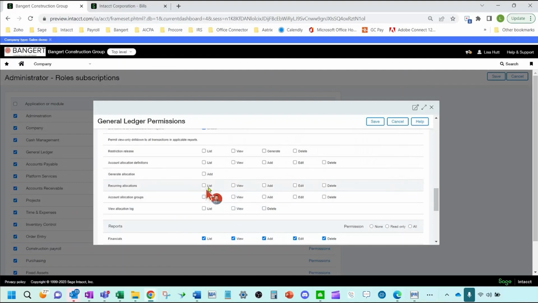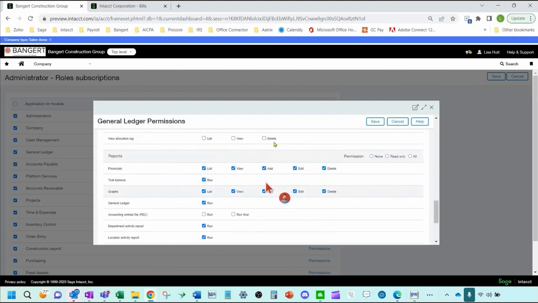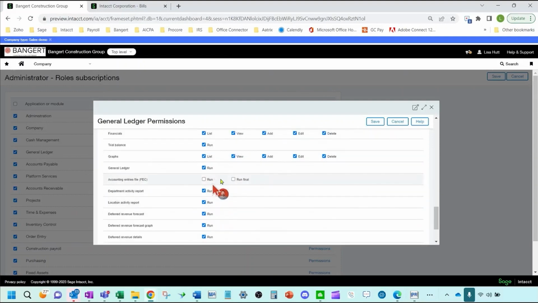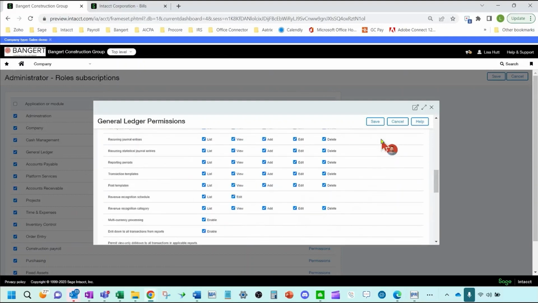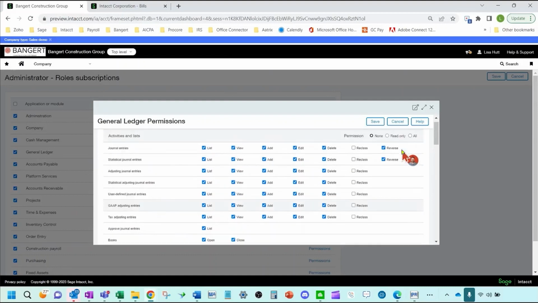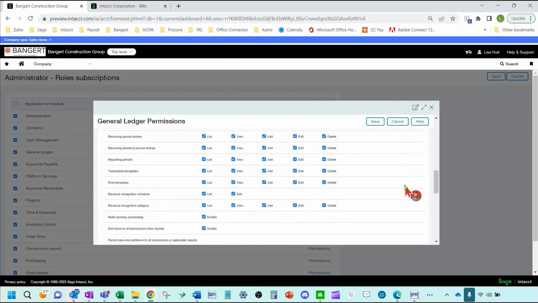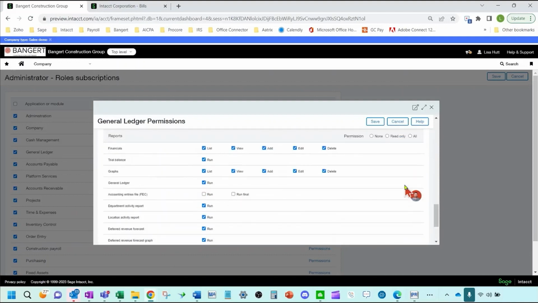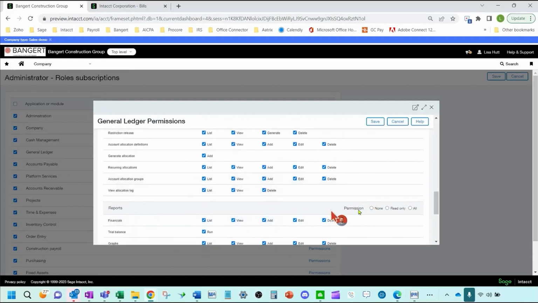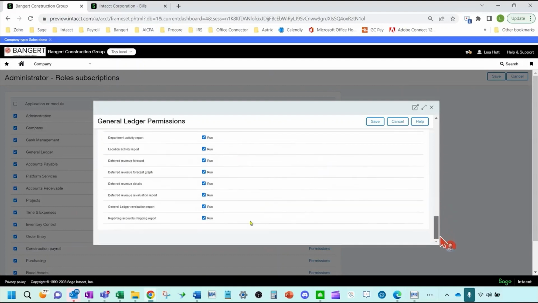And then you could determine if you want to add them individually, or just come up to the top here and do another all, and that'll add all the new permissions to the admin. And then make sure you do it on the reporting as well. So here's the reports, and the all there will update your permissions. Okay, so you gotta make sure you do that.